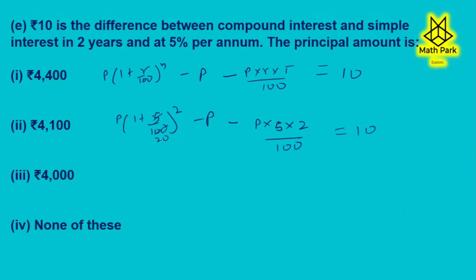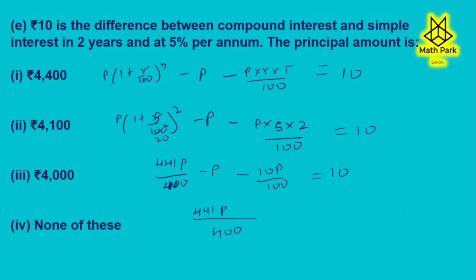5 times 20. So 20 plus 1, 21 upon 2. 21 square is 441. 441 P upon 100. 20 square is 400. Minus P, minus 5 twos are 10 P upon 100, is equal to 10. The LCM is 400 here. So 400. So this becomes